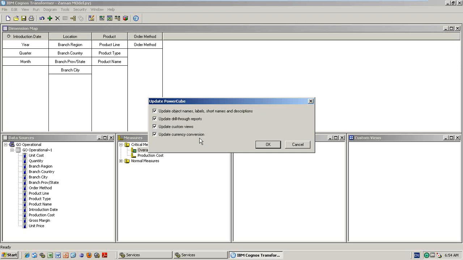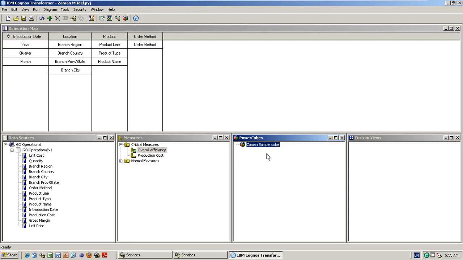Create selected power cube means it will take everything. But unnecessarily, why do it? If a small description label changes, the cube is already built. You don't need to rebuild the cube once again just for updating the description. You can go ahead and put update. Okay, so this is very important. It will normally change labels only.